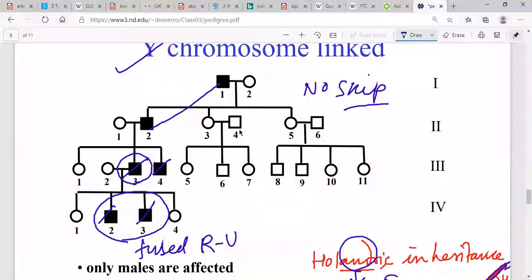But you can ask me why this male is not affected, because this is not from this father, it is outside. So this daughter gets married to another person. Here the daughter gets married to another person, but all his sons and grandchildren will be affected, and the great grandfather of this fourth, three generations like this.